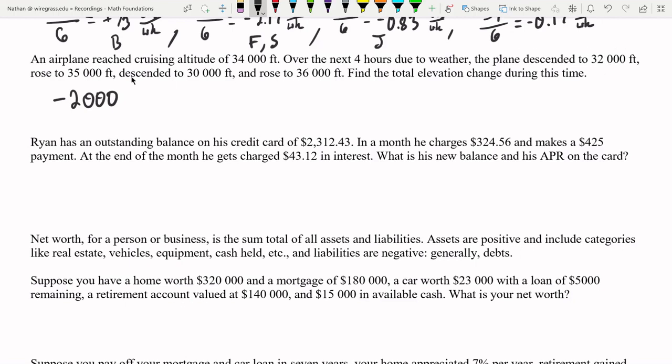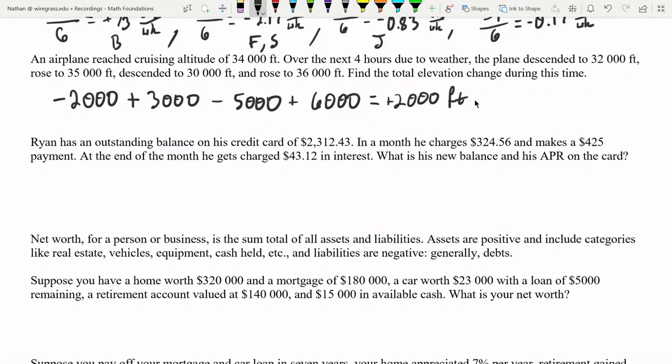Then they went from 32,000 up to 35. That means they ascended or rose 3,000 feet to get back up to 35,000. Then they descended to 30,000. They've gone down 5,000 feet. Then they've rose to 36,000 feet. So they went from 30 to 36. That's a plus 6,000 feet. So in total, we can just add those up. This is going to be positive 1,000 minus 4,000, then plus 6 is going to be in total a plus 2,000